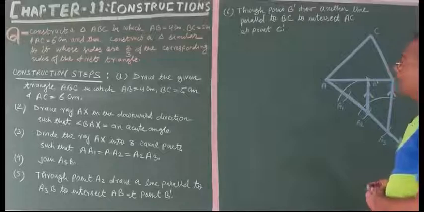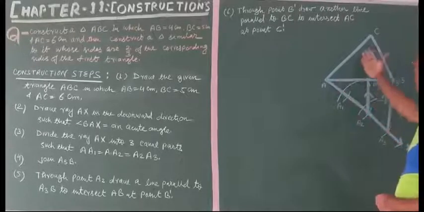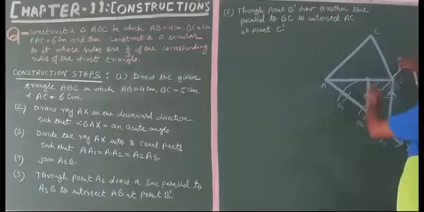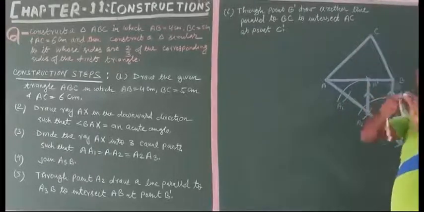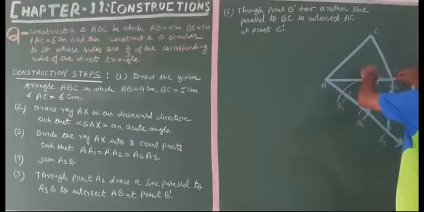Now, what is our step number 6? Through point B dash, we will draw a line parallel to this BC that will intersect AC at point C dash. So just look here how we will. This is our metal point and this is the pencil. This chalk is the pencil. We will put here and we will cut off